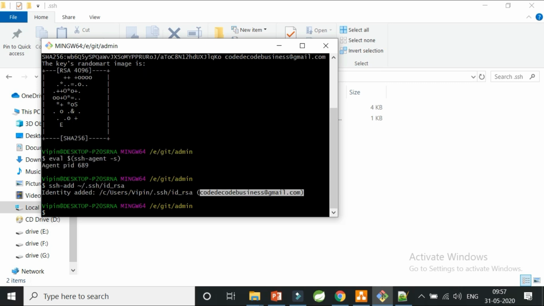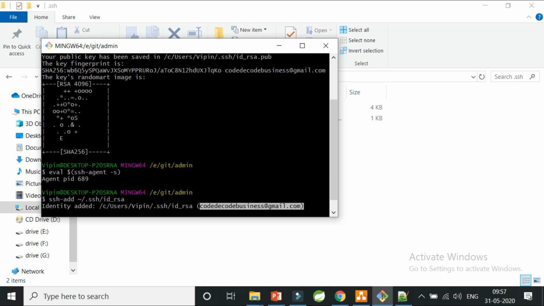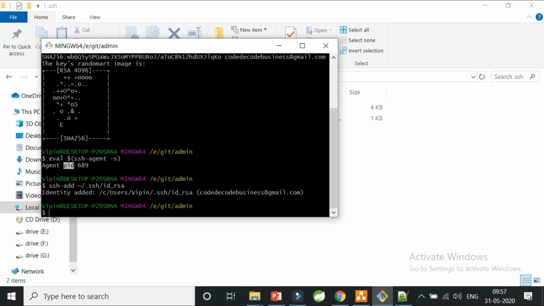Let's just summarize what we have done till now. We have created an SSH key, and with this particular command an RSA key is generated, and that RSA key we need to add to a particular agent. For that, we first initialized the agent process with a particular process ID. This PID is the process ID, and with this agent running in the background, I have added my RSA key to that agent.